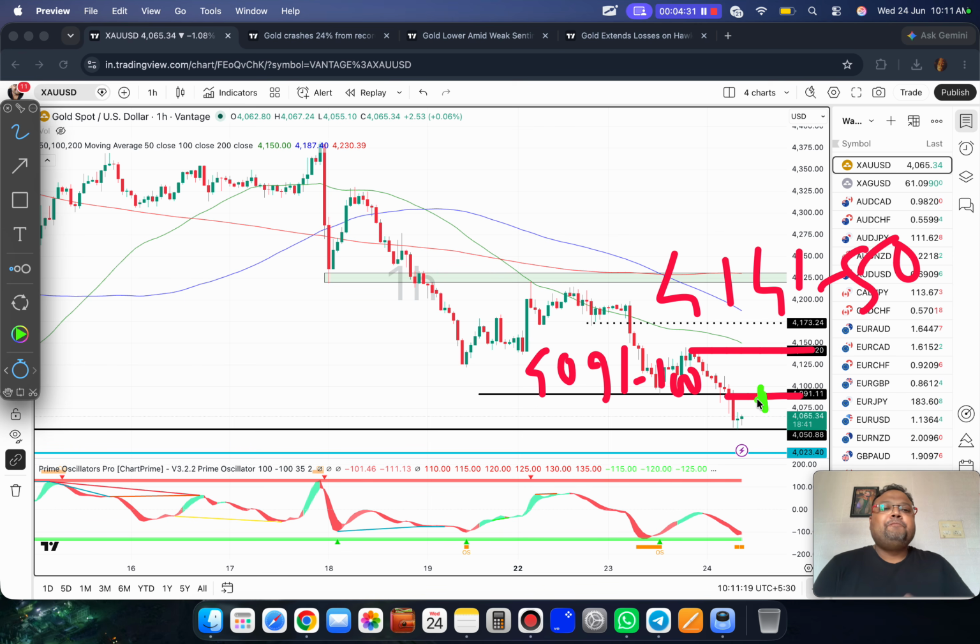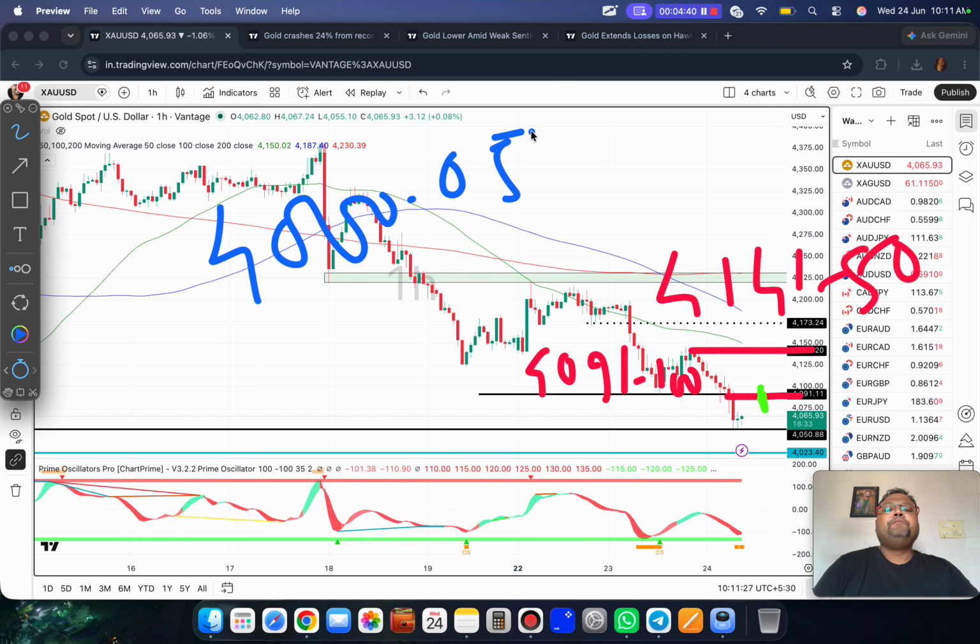Again, I'm repeating, if the market drops below 4050, we can look for a sell position. Whether we can take a buy around 4000, 4005 is still not very sure, because the whole world is watching 4000, and the market doesn't like common things. After grabbing or sweeping liquidity, if you see the market coming up again, then we can buy. After a liquidity grab, when the market is coming up, it can be a good buy above 4000.